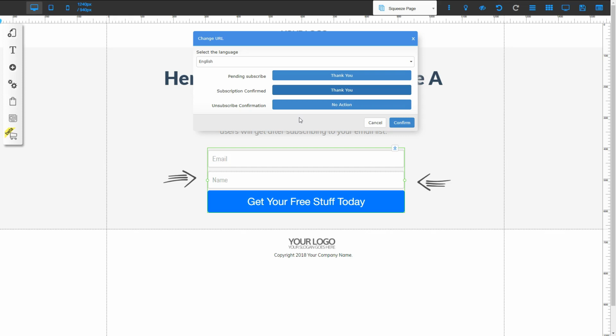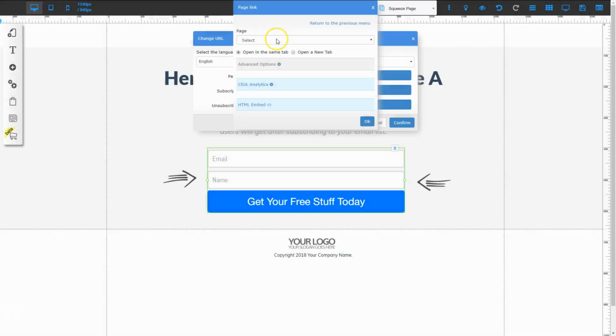Now on unsubscribe confirmation, if they choose to unsubscribe to our list, what they'll do is they'll get an email, and at the bottom of the email it'll say unsubscribe. If they click that, where do we want to send them? Well, I think I want to send them back to this opt-in form so that they can choose to opt in again if they maybe made a mistake. So I'm going to go to no action, and on select I'm going to choose the squeeze page. I want to send them back to the squeeze page to opt in again if they want to,